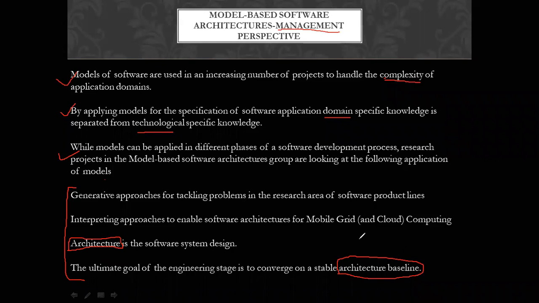Okay? Architectural description. These three terms can be asked in your exam as a brief question or a brief note, and they can ask in the form of: what are the different aspects of the architecture? Aspects is nothing but your features. So these three terms you have to mention as the features of your architecture. First is your architecture definition, second is your architecture baseline, and third is your architecture description.